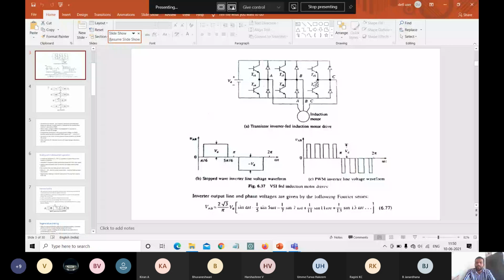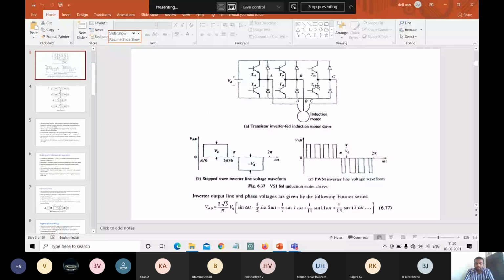We will get the inverter operation. So this transfers the operation to quadrant 3. You have quadrant 1, quadrant 2, quadrant 3, quadrant 4 modes of operation: forward motoring, forward braking, reverse motoring, reverse braking. By interchanging these firing pulses, we can bring the motoring into braking and braking into motoring, either from forward motoring to reverse braking or from reverse motoring to forward motoring. So that we can perform.